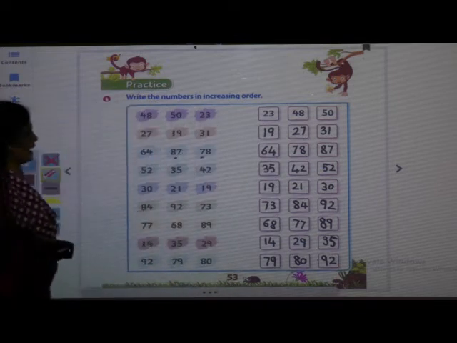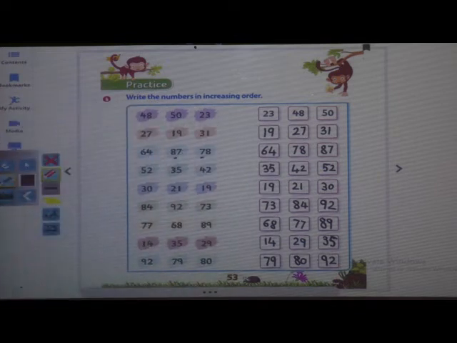Okay, got it everybody? I will wait for a minute, just you see, and then later on we will go on the next page. 5, 4, 54. Just I will wait for a minute.